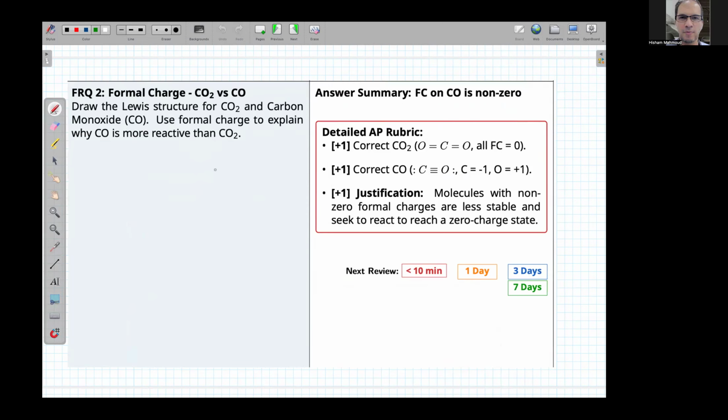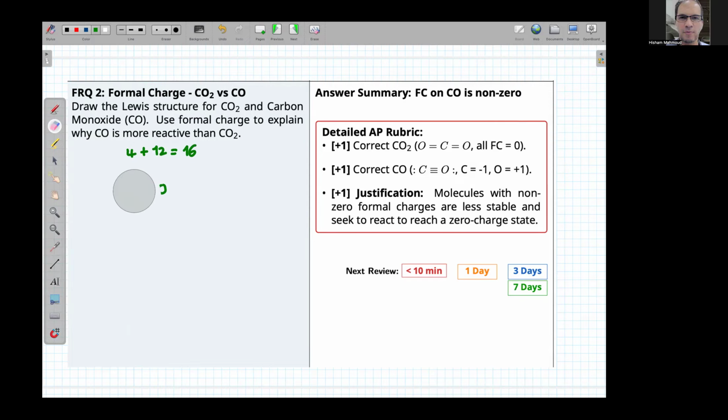The second question asks us to draw the Lewis structure for CO2 and carbon monoxide, then use the formal charge to explain why CO is more reactive. This is a classic question about molecular stability. So let's draw CO2. Let's start with carbon dioxide. Carbon is central, and the total valence electrons equal 4 plus 12, that's equal to 16,